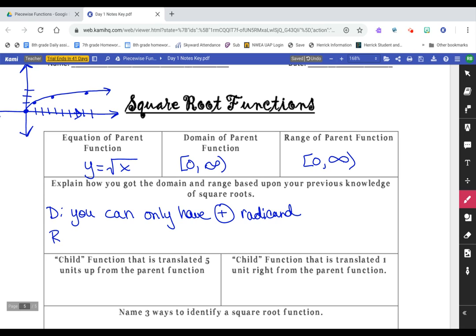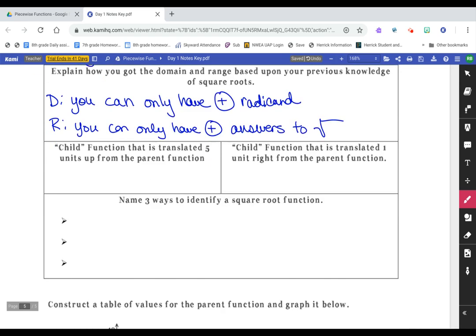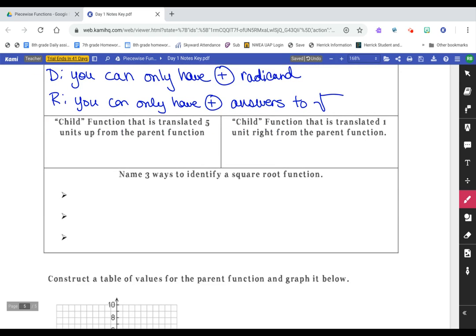For your range, you can only have positive answers to square root problems. All right. So what if we had a child function that is translated 5 units up? So 5 up. If it's up or down, the number is being added or subtracted outside. So y is equal to the square root of x, and then we're adding 5 because it's going up,